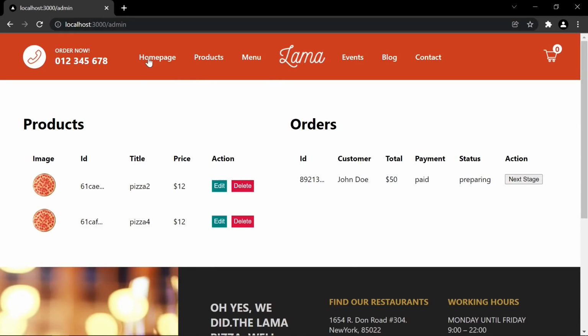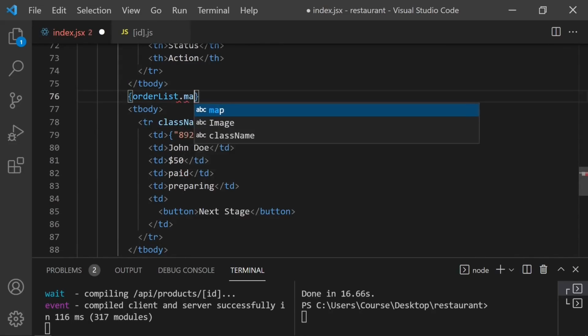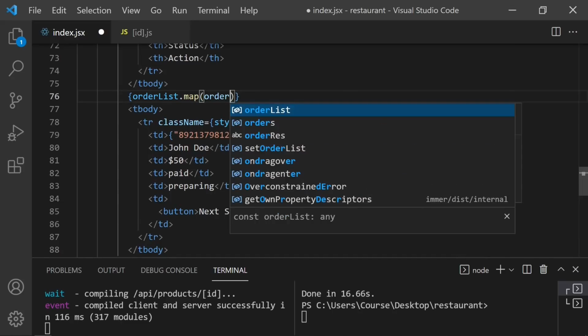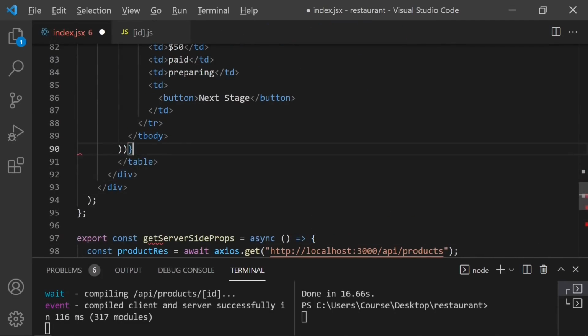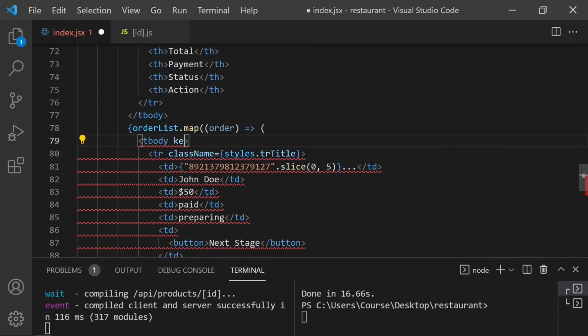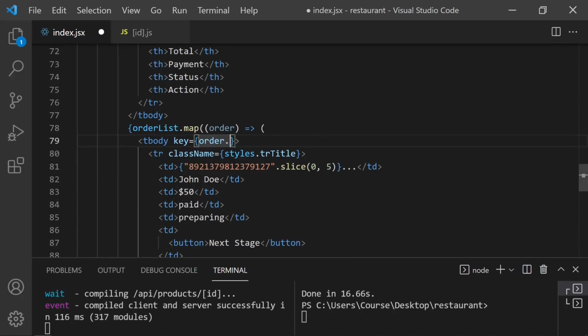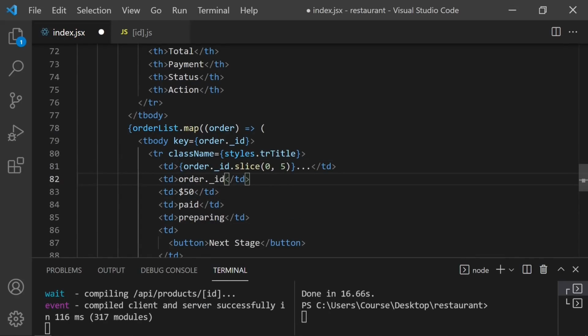That's because in the home page we are gonna be able to create a new pizza, and I just want to show you there. So what about this one? So I will say orderList.map, and for each order I'm gonna call this body, and the unique key will be here, which is order.id, and here let's say order.id, order.customer